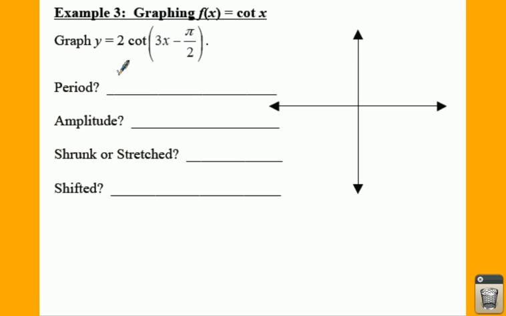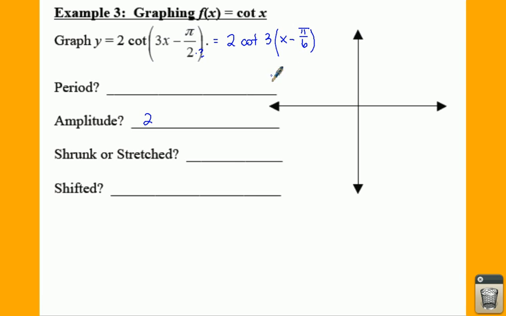So let's use that awesome knowledge to help us solve example 3. Here for example 3, we do have a 3 on the inside, so we are going to have to factor this 3 out because that's our b. When we factor a 3 out of here, we have a 2, so our amplitude is going to be 2. And we're going to take a 3 out of our parentheses. Now remember, whenever you are factoring, that is like dividing. So we're actually taking a 3 out of pi over 2, which means you are multiplying the bottom by 3. So we're going to have minus